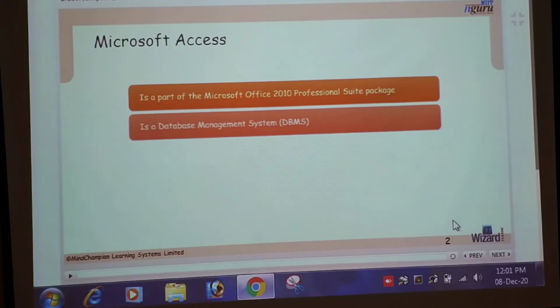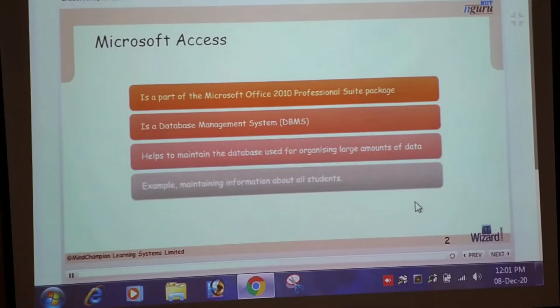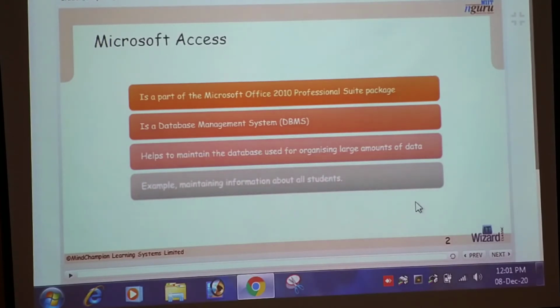It is a database management system, and Microsoft Access helps to maintain the database used for organizing large amounts of data. For example, maintaining information about all students.